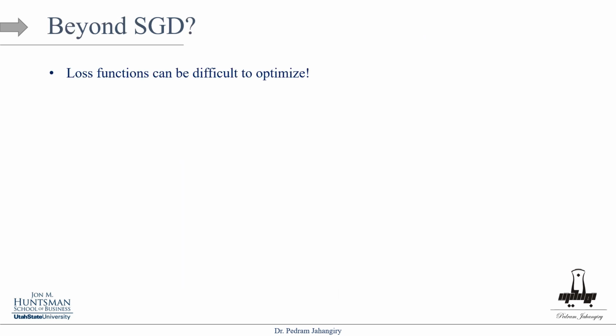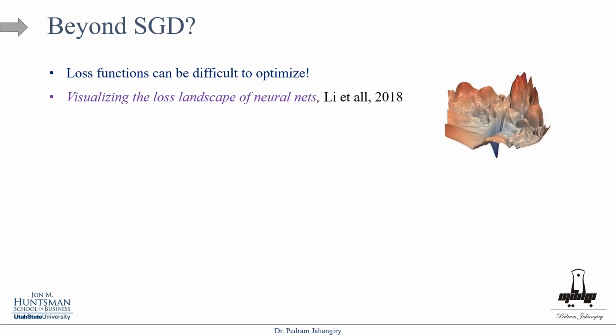The reason we should go beyond stochastic gradient descent is that, usually for deep learning, the loss function is not necessarily well behaved, so it's difficult to optimize. Here is a paper that visualized the loss landscape of neural networks, and as you can see, it is very noisy, right? We have so many local minimums all around the place, and hopefully we are trying to get to this